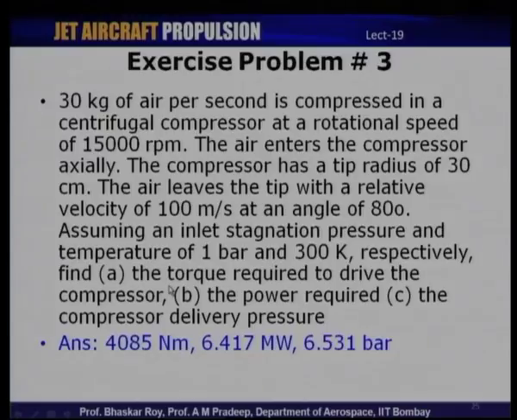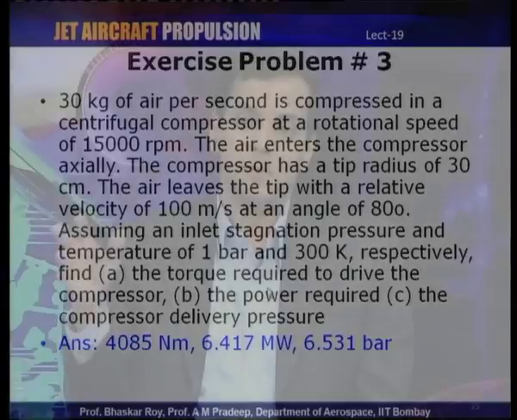So, the torque required in this case would be 4085 Newton meters, power required would be 6.417 megawatts, and the compressor delivery pressure would be 6.531 bar. So, if you solve this problem you would get the answers specified here. So, there are three problems that I had